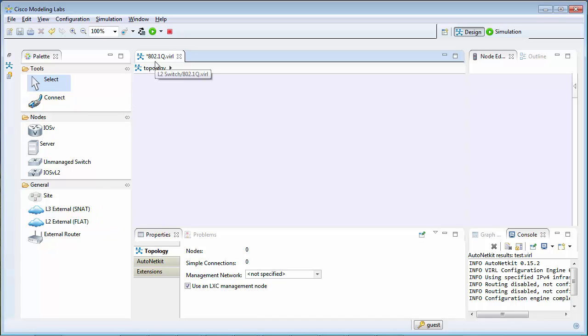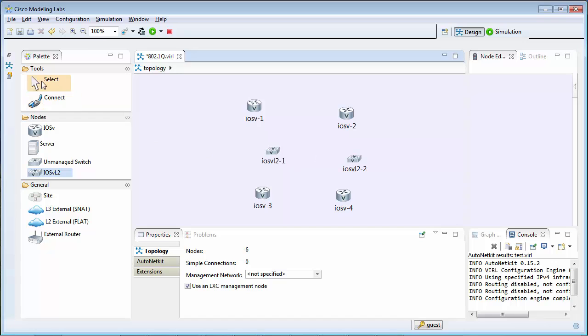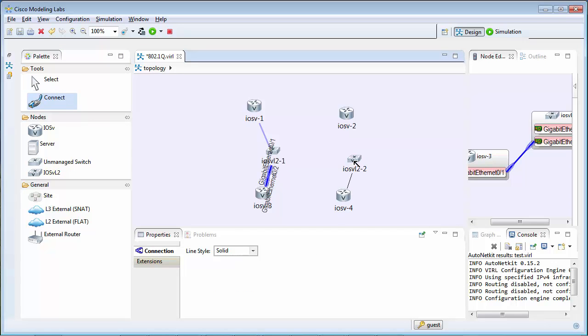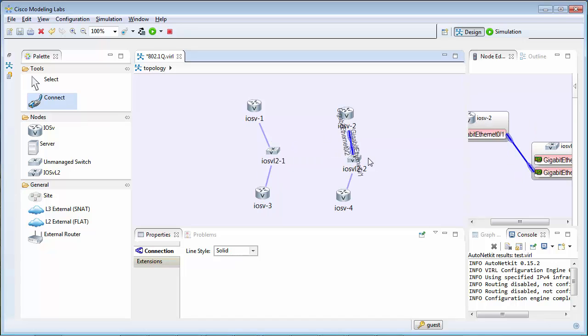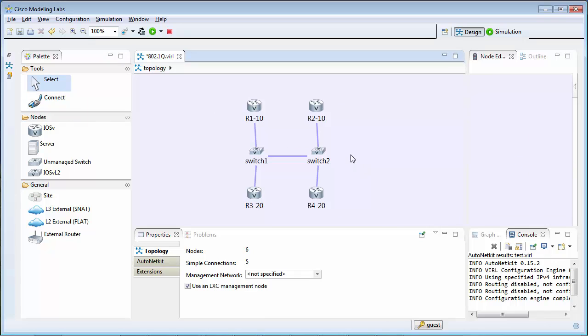So to get started, we're just going to draw the 4 routers and then the 2 switches as well. And then we're going to connect them together, and then we're going to create the trunk between the 2 switches. I'll just rename the routers,